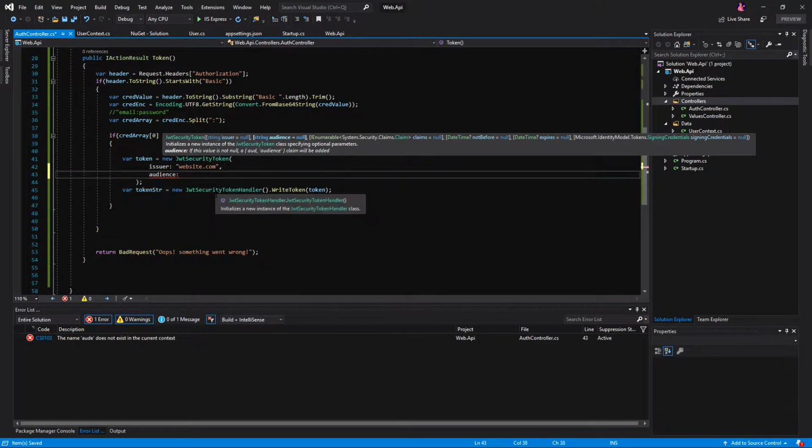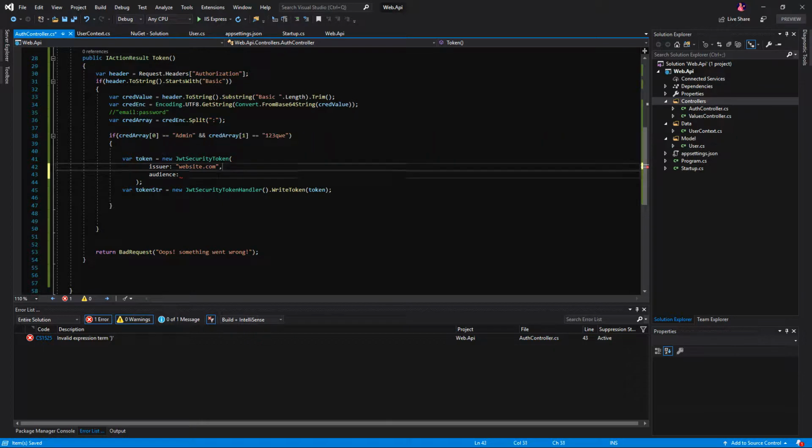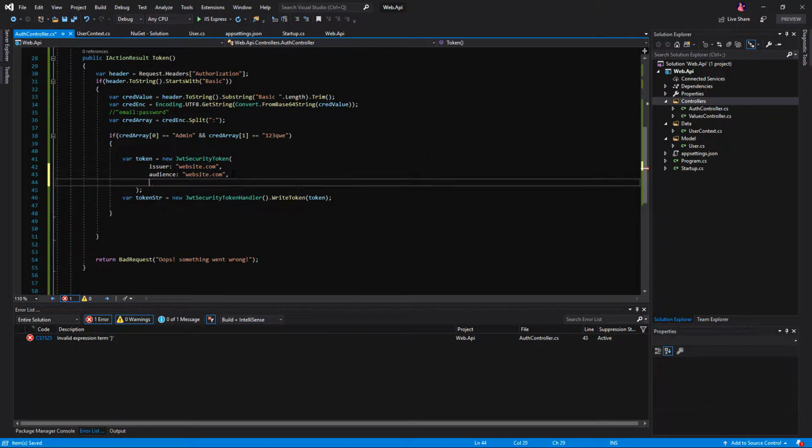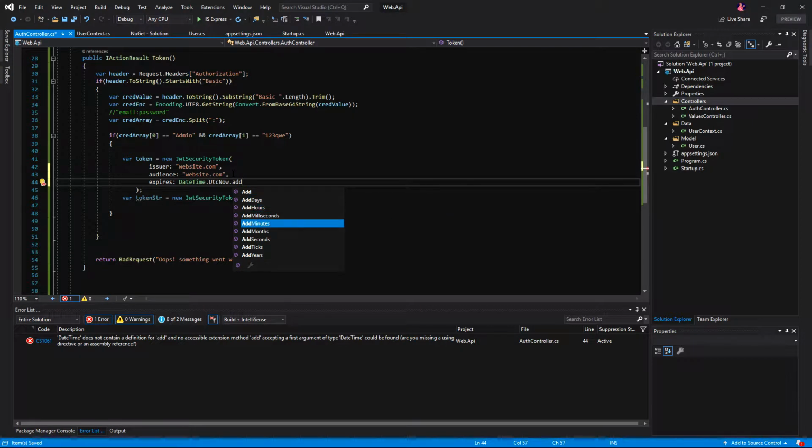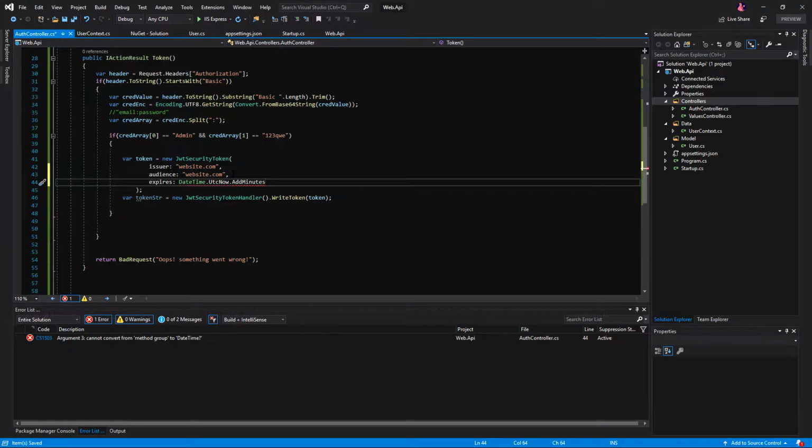Audience is the same. Expires date time dot UTC now. So we're going to add minutes for our token to expire. And